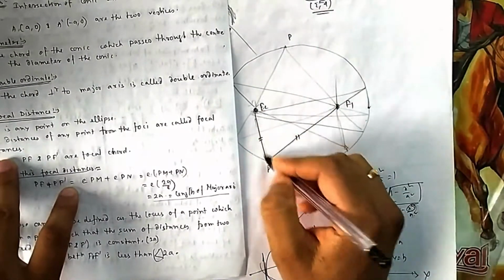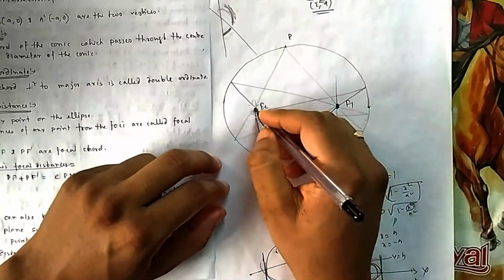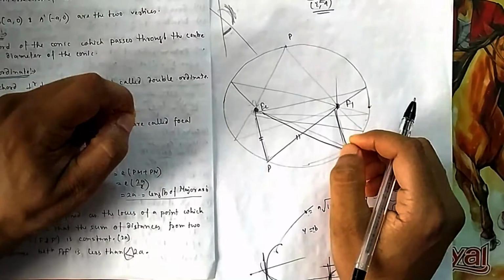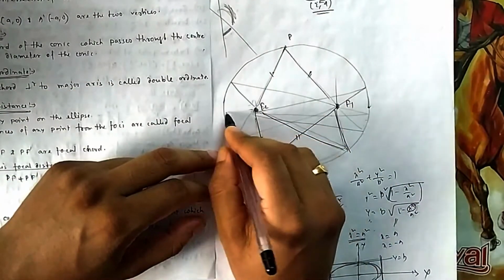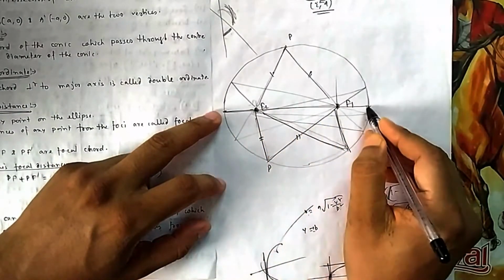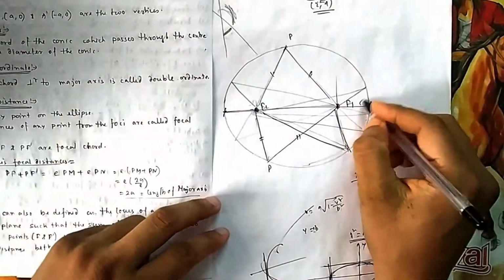Any point you take, and this sum was always fixed. That was the length of the thread. If you take this one, this was the length of the thread. Because the thread length was not changing, that was fixed. So this plus this is always the same. If your point is here, this plus this is always the same, and it was equal to this length. You remember? If I open it, it became this. So that is your 2a.